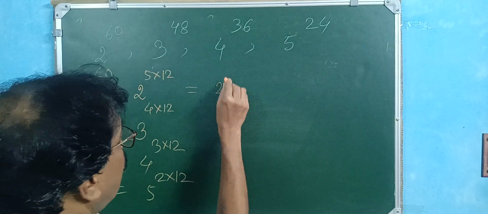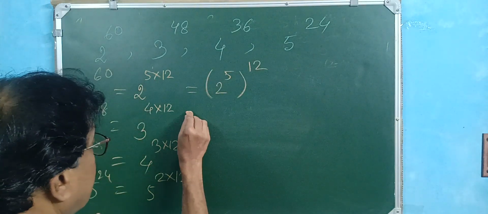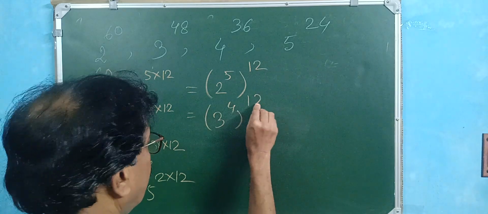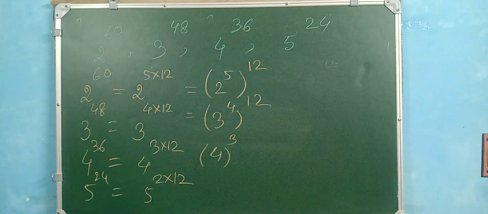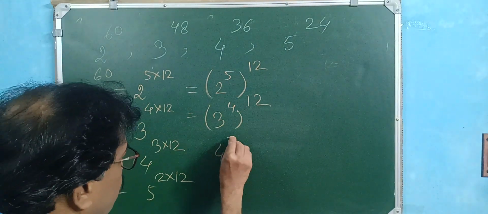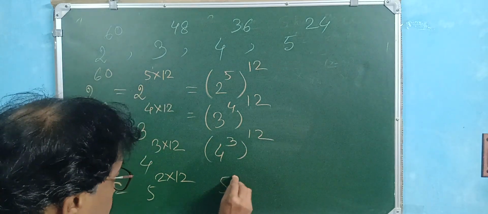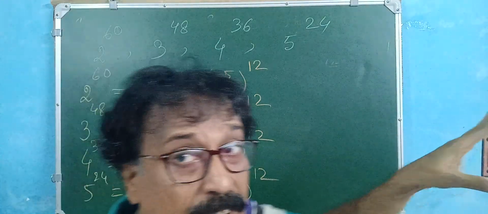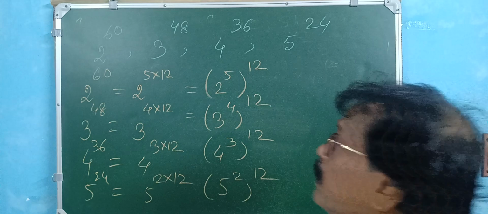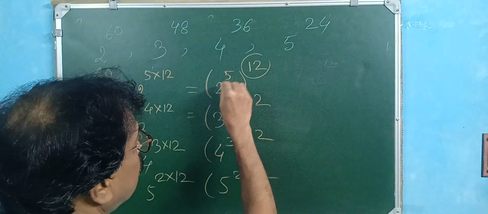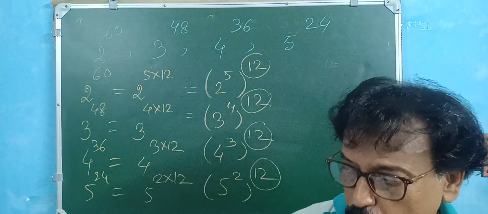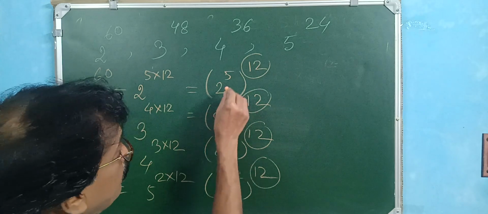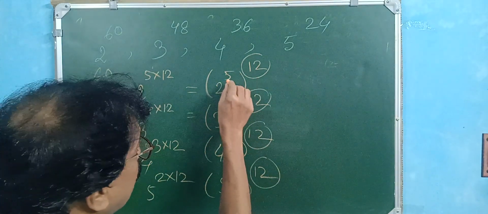এবার এটাকে কনভার্ট করো 2 টু দি পাওয়ার 5 সেটা 12, 3 টু দি পাওয়ার 4 সেটা 12, 4 টু দি পাওয়ার 3 তার 12, 5 স্কয়ার তার 12। ওটা যেমন আন্ডার দ্য রুট করেছিলাম, আন্ডার দ্য রুটটা সেম, এখানে স্কয়ারটা সেম, মানে হোল এখানে এটাও 12, এটাও 12, এটাও 12, এটাও 12। ক্লিয়ার। ব্যাপারটা সেম, তাহলে এর মধ্যে যেটা বড় হবে, 2 টু দি পাওয়ার 5, দ্যাট ইজ দ্য ভ্যালু অফ দিস 2 টু দি পাওয়ার 5।